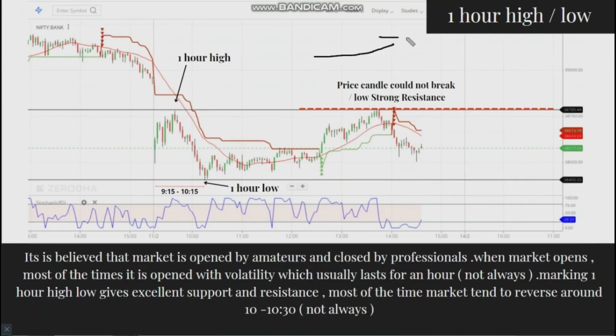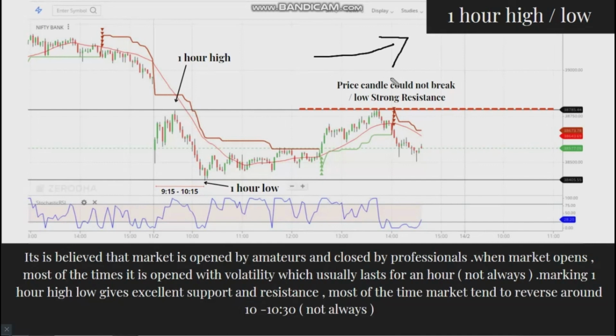So the next topic which I want to touch is 1 hour high and low. It is a belief that market is opened by amateurs and closed by professionals. When market opens, most of the times it is opened with volatility, which usually lasts for an hour. It is not always, but mostly, making 1 hour high and low, which is 9:15 to 10:15, gives excellent support and resistance to the present day trading. Most of the time, market tends to reverse around 10 to 10:30 in the morning session, which is not always, but